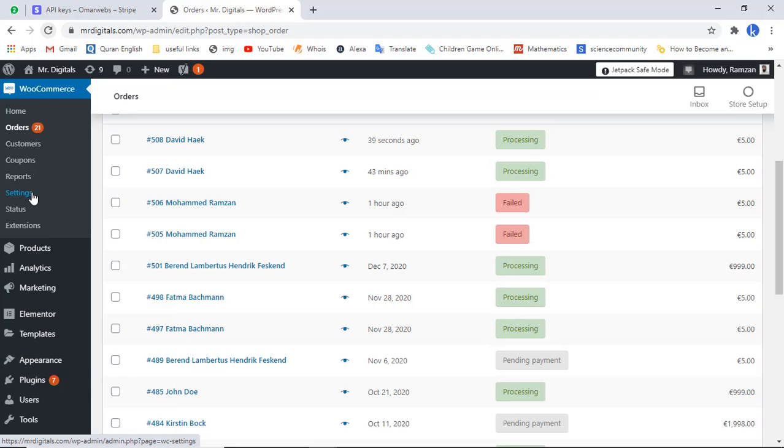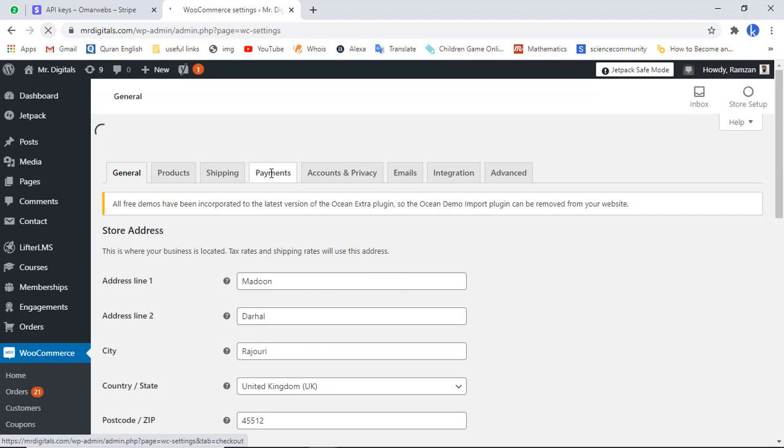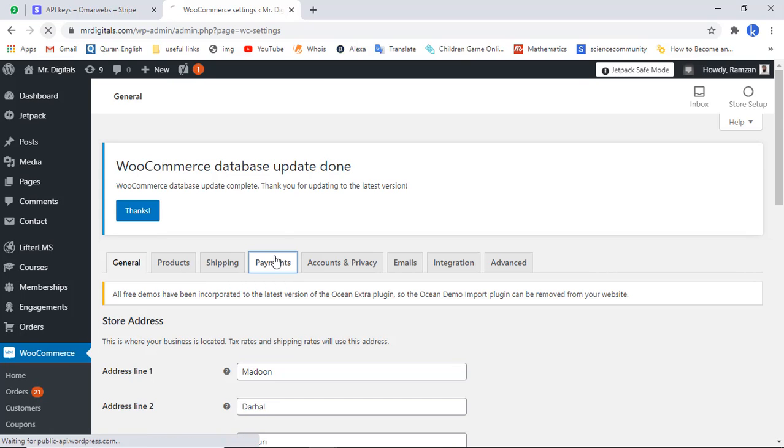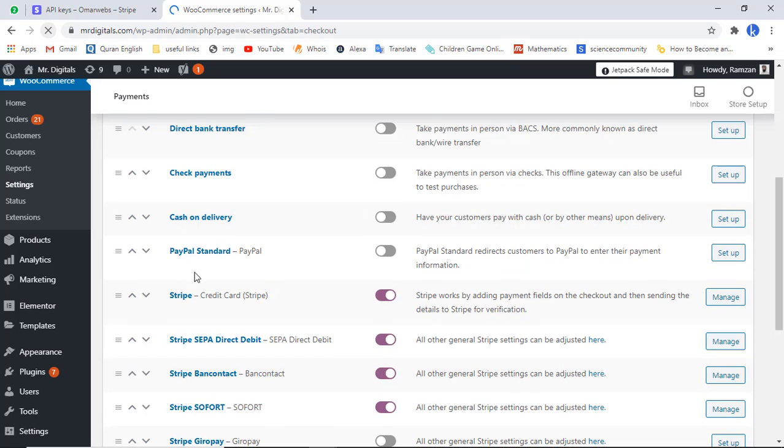Wait a minute, I have to click on WooCommerce, and then we have settings. You have to go there again. Here we have the payments. You need to click on this one, and then we have this Stripe. Then you need to click on manage,